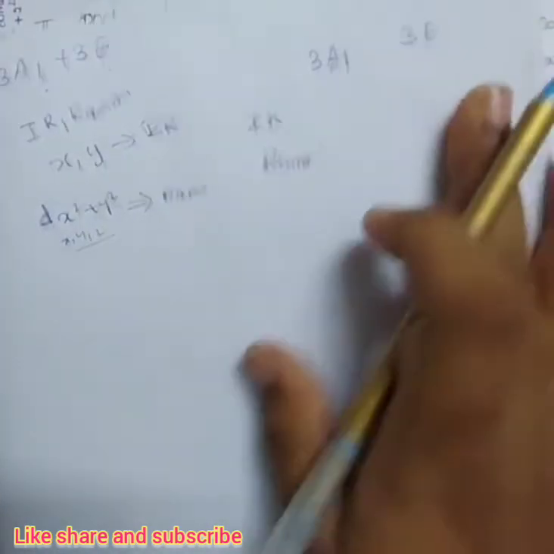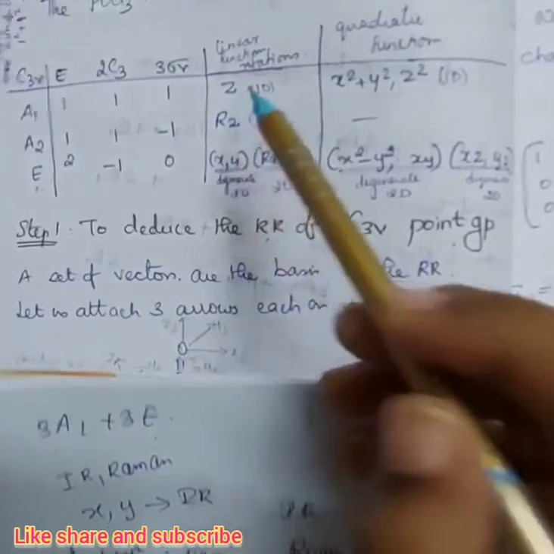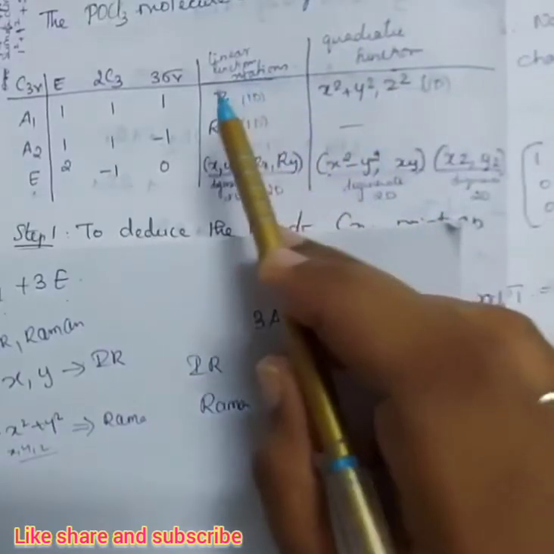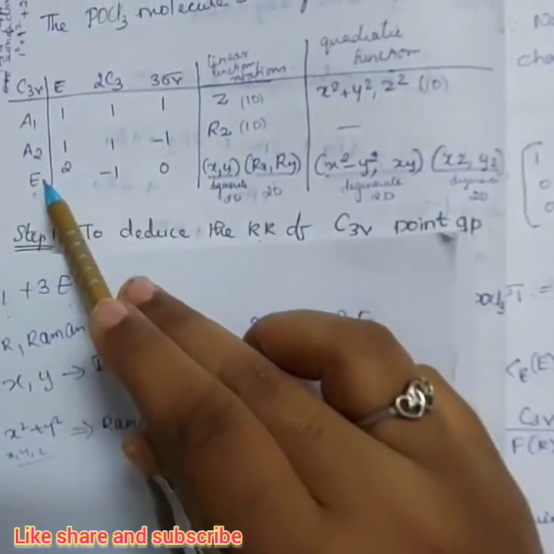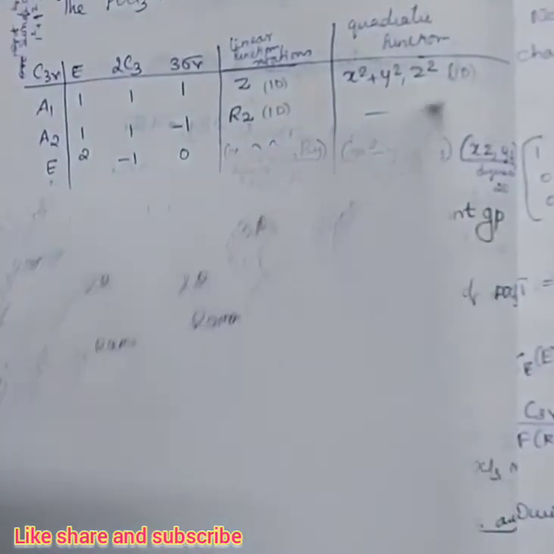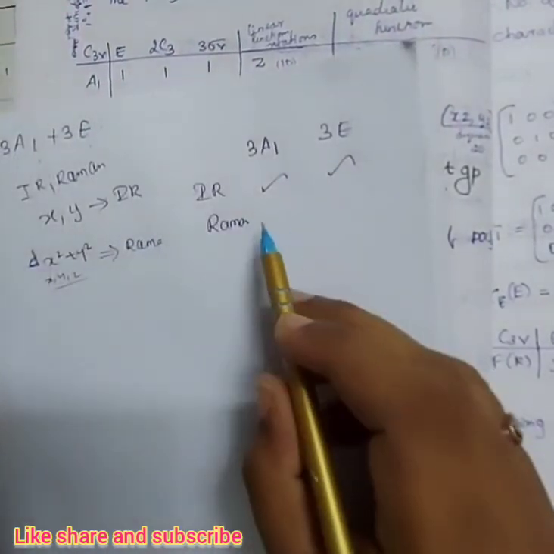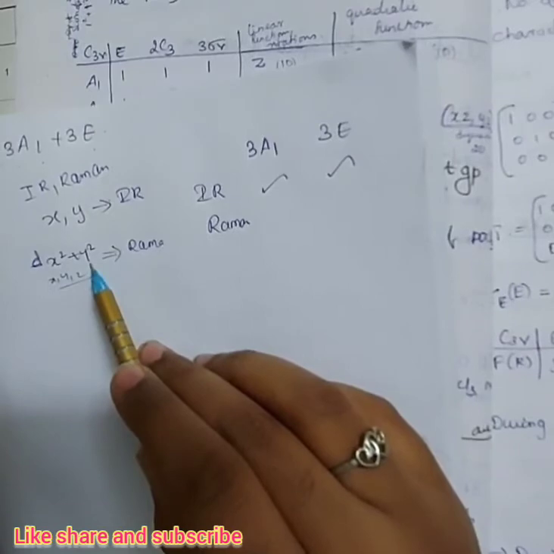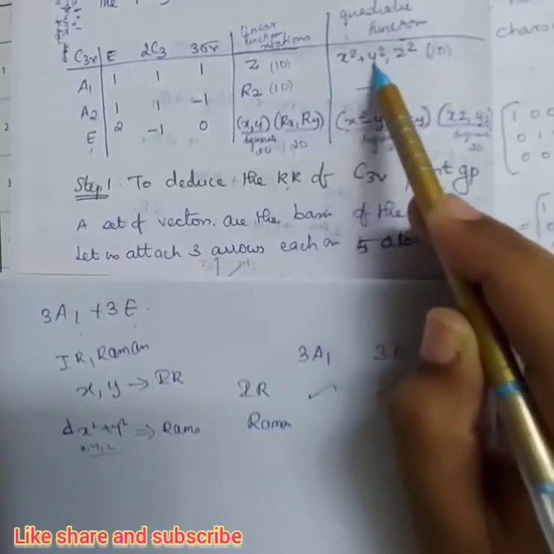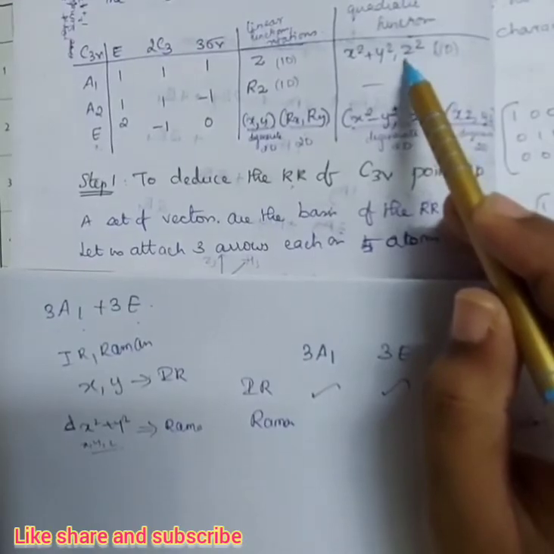In the case of A1 we have Z. So if X, Y or Z is present, it is IR active. So 3A1 is IR active. Similarly, let us check for E irreducible representation. In case of E also we have X and Y, so E is also IR active. In the case of Raman spectroscopy, we should have linear combinations of x, y and z axis. In the case of A1, we have x square plus y square and z square. So again we have this A1 as Raman active.